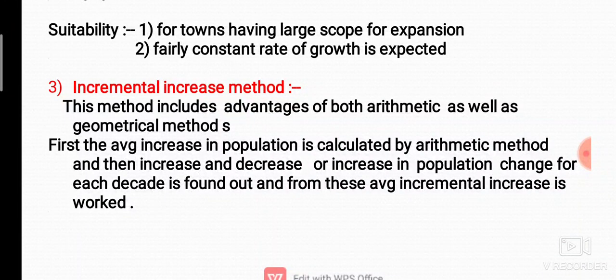Both methods are included in this method. This is the